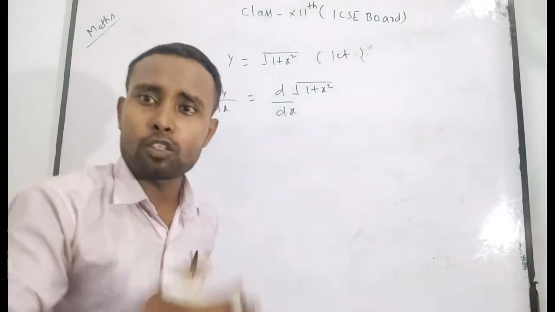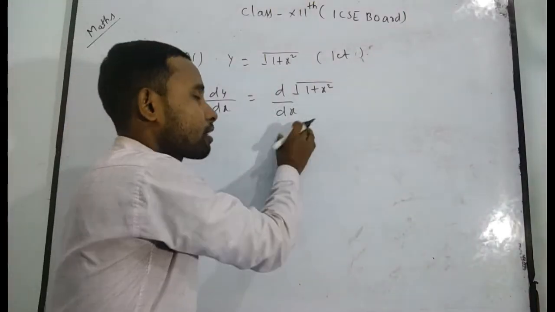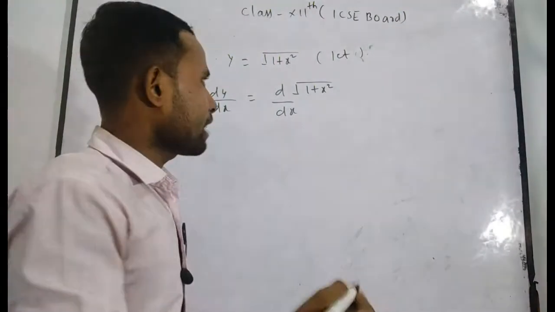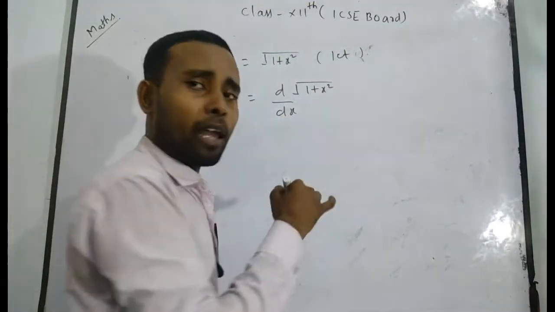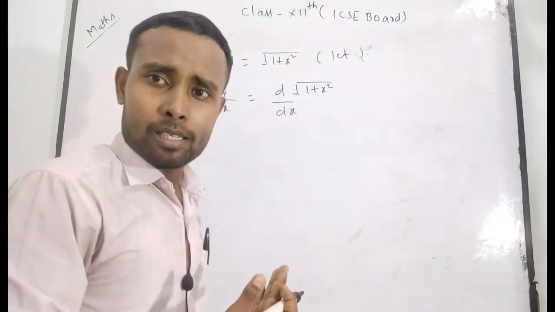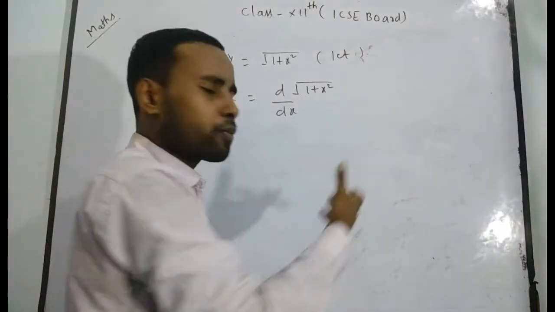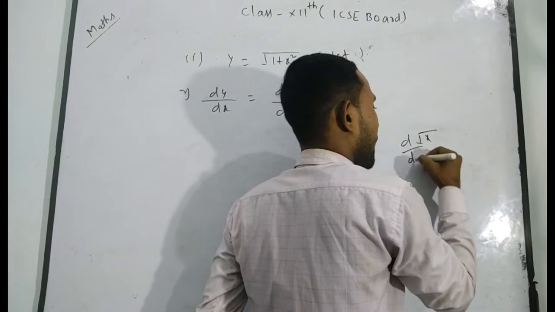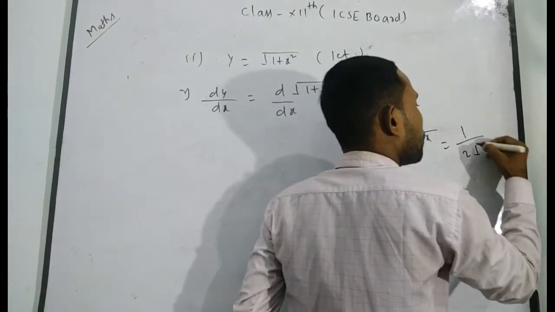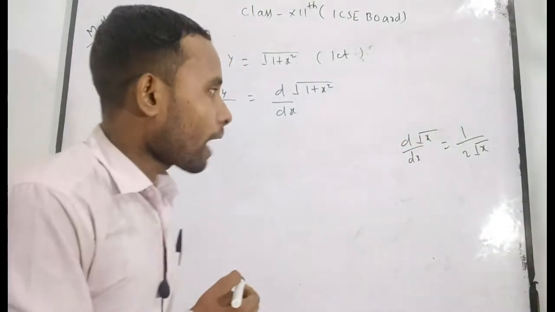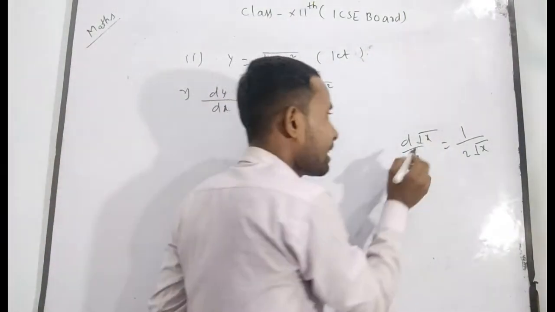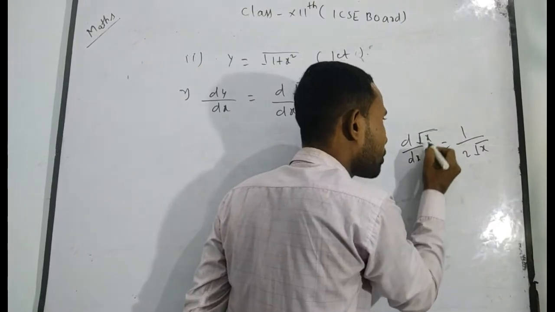Now, as you know, you cannot differentiate this function with respect to x directly. Now I again ask, can you tell me in which formula it meets its form, with which formula it matches? It is just like root under x with respect to x, whose formula will be 1 upon 2 root under x. Now if you see this formula, you will tell me, sir, root under x is only differentiated with respect to x.